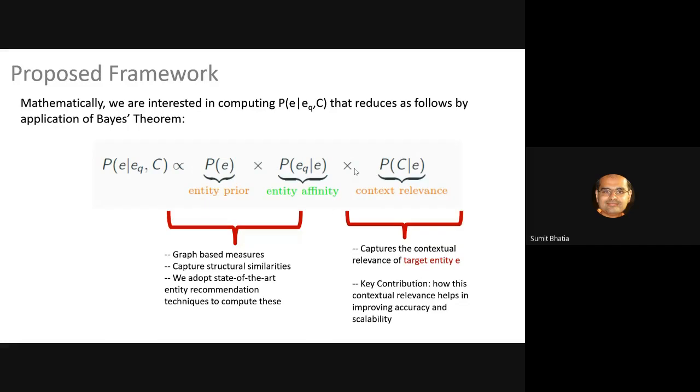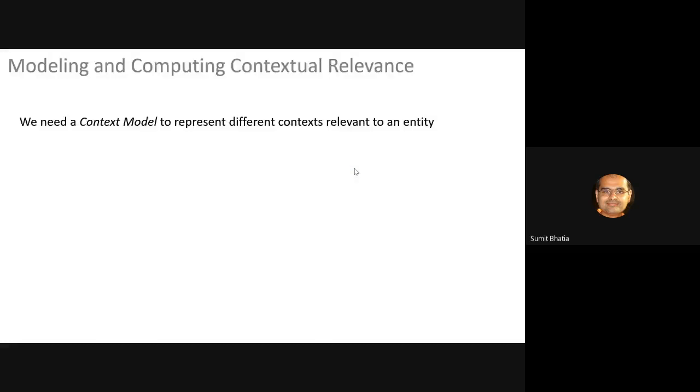And the second component, probability of C given E, note here that E is the graph component and C is essentially the text component, right? So now to use this, how do we do this? Starting from a graph and computing the probability of a set of terms, right? For that, we build what we call entity context models, which I'll now describe.